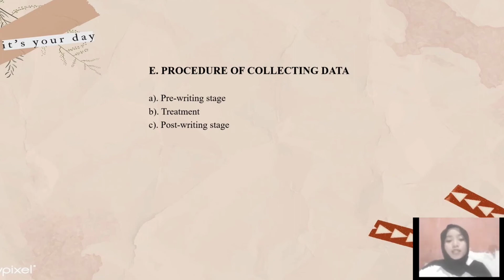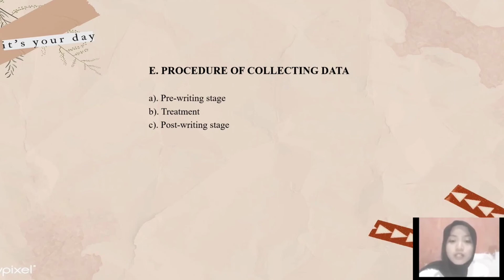First is the pre-writing stage. In this stage, the researcher will give a test to determine the student's writing skill before giving treatment, and the researcher will give a writing test about describing one of the illustration images. So the researcher will let students choose an illustration image, consisting of several themes, that they want to describe in written form. In this section, the researcher will free the students to choose one of the illustrations provided, so they will be much more flexible in writing because it is in accordance with what they are interested in.